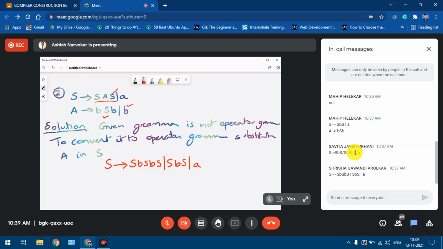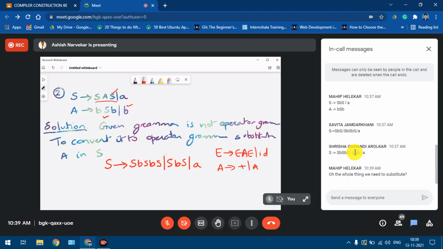Whenever we have multiple right hand sides, like for example A is giving us BSB or b, we have to substitute every right hand side in the other production. As in, if you remember the earlier example, E gives EAE or ID, and A gives plus or asterisk.